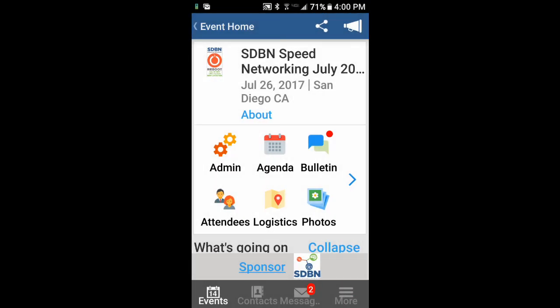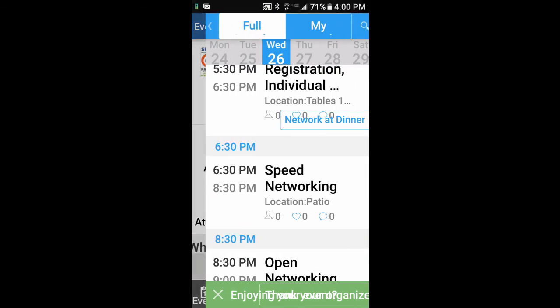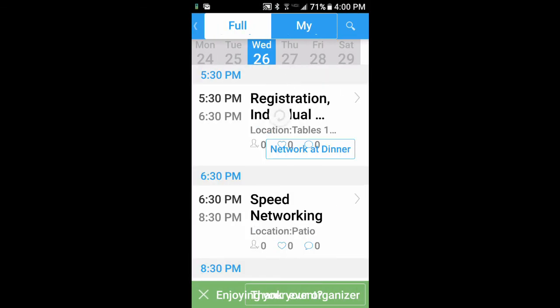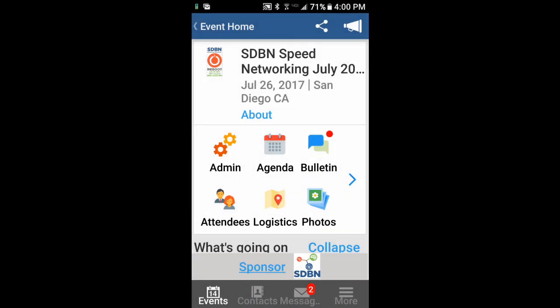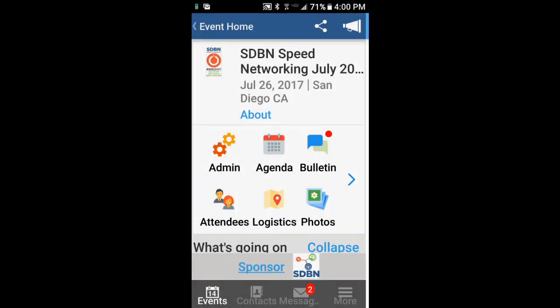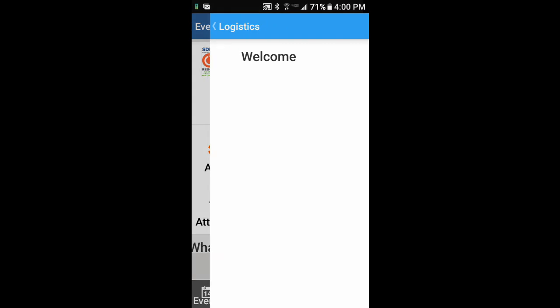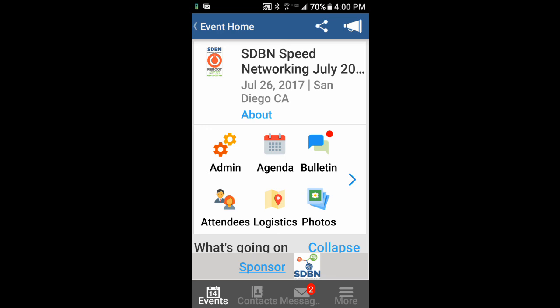There's also other information in here. We'll put some information about parking in here. This isn't showing up, but there's some there. Oh, there's a welcome. We'll also be putting information in about where the 5 tables are going to be. You can message people individually if you'd like. You can also put things on the bulletin, which I will probably use to post announcements.